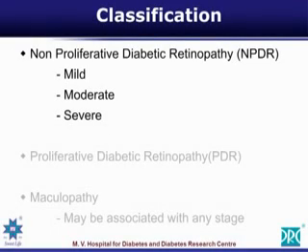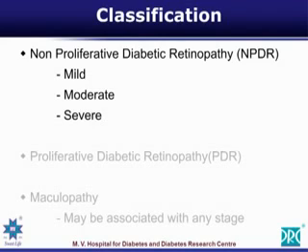Classification. About a decade ago, we had hundreds of classifications of diabetic retinopathy. Whoever was interested in diabetic retinopathy and did a lot of research on it had a classification according to his name and according to his findings. Now the classifications have been made very simple. It has become very uniform, and it is very understandable for both the diabetologists, the ophthalmologists who are treating it, as well as the patients and the lay public.